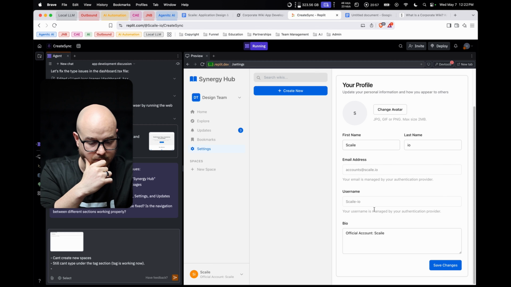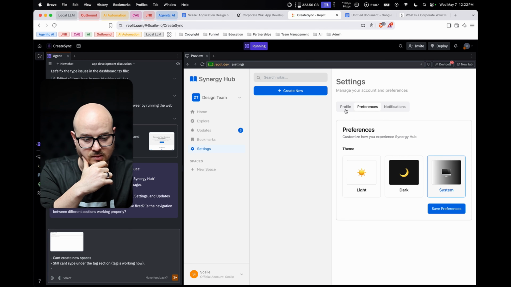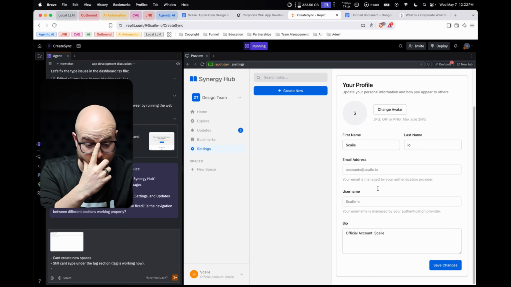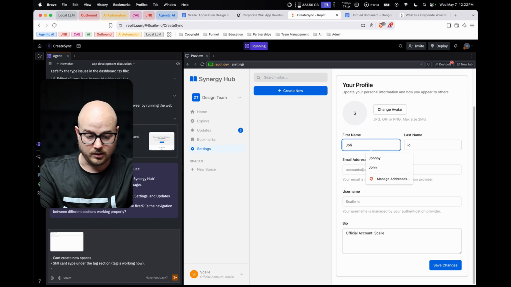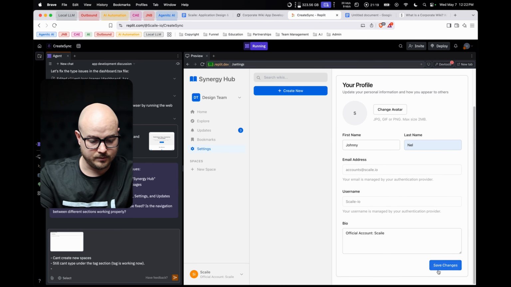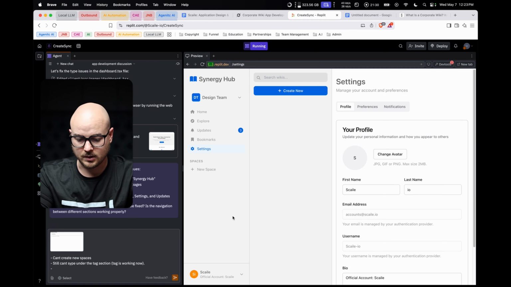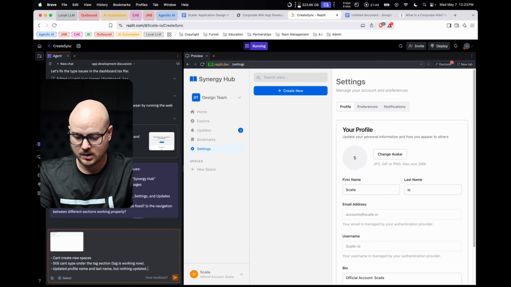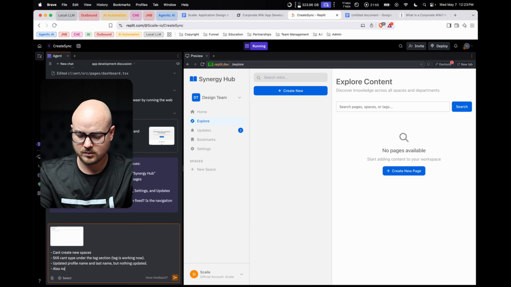Settings, profile. And nothing works here, but those are minor edits to make. The main functionality here will need to be sorted out. Okay, yeah, updated. Nothing updated. Also not seeing the features to add links,